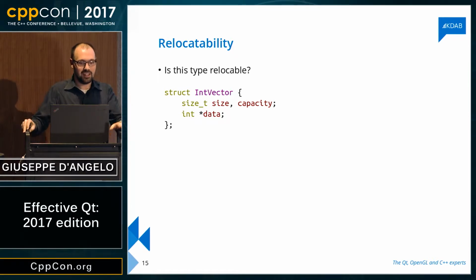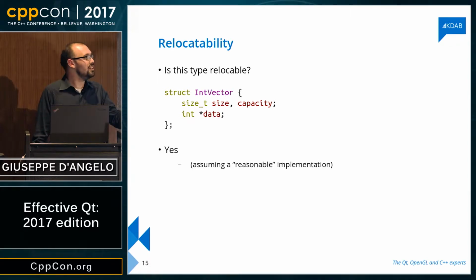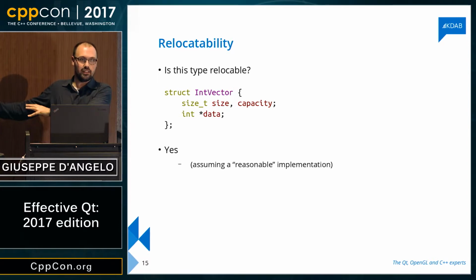So let me discuss this property, this relocatable, I will never be able to say that. Relocatable, okay, whatever. Can we relocate, better, this type in memory? Suppose I've got this type, which is a vector of integers, not templated, right? It's got a size, it's got a capacity, and it's got a pointer to the actual array. Can I move instances of this type in memory by using a memcpy or memmove? Pretty much, yes. Assuming the implementation is reasonable, it doesn't do anything crazy, I could just copy these elements byte by byte in another position and obtain something that works.